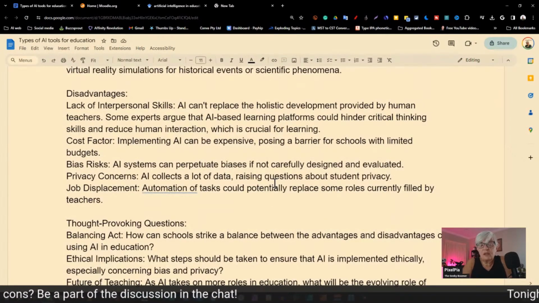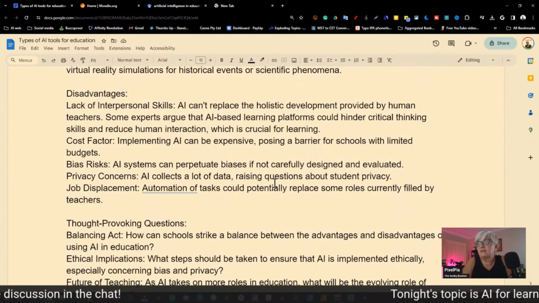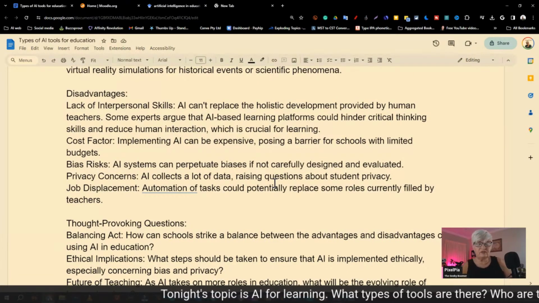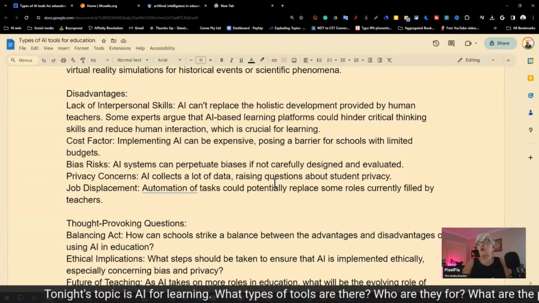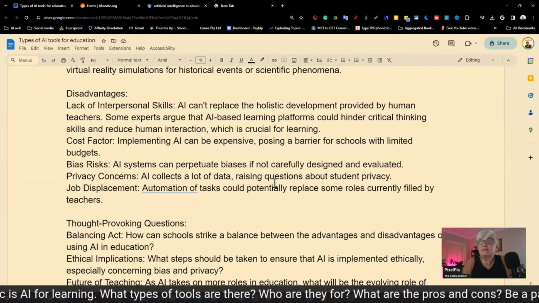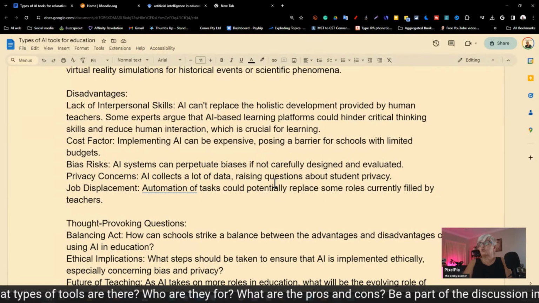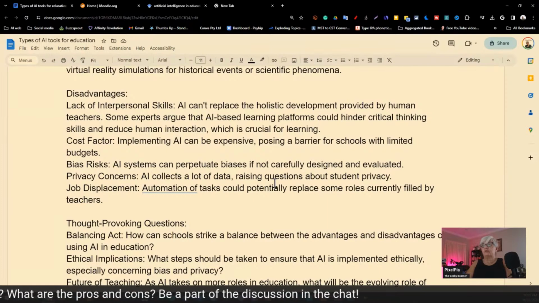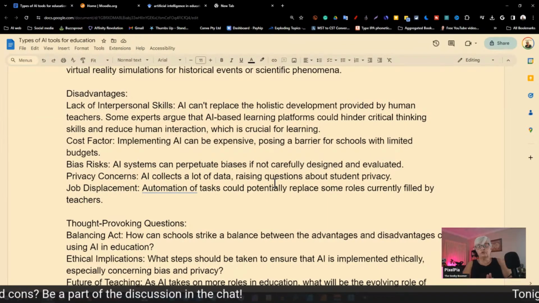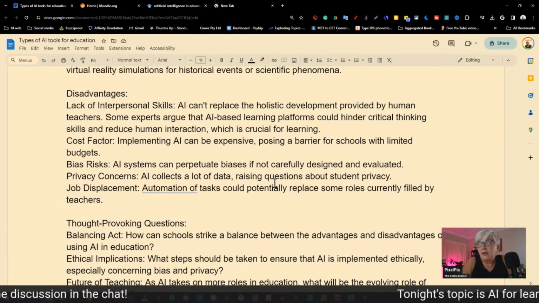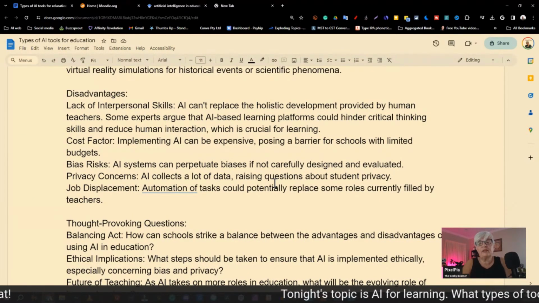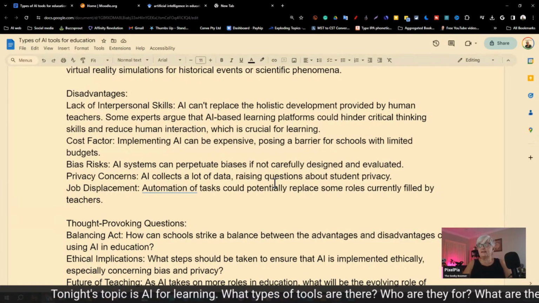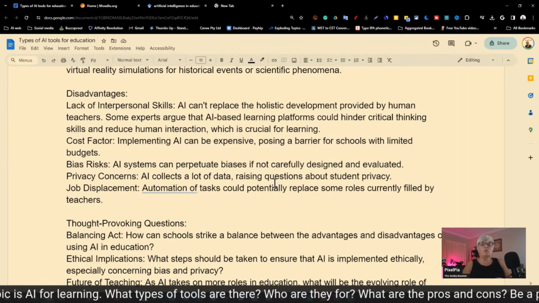Disadvantages: the lack of interpersonal skills. AI can't replace the holistic development provided by human teachers. Some experts argue that AI-based learning platforms could hinder critical thinking skills and reduce human interaction, which is crucial for learning. And the part about critical thinking skills is extremely important because this is where we can